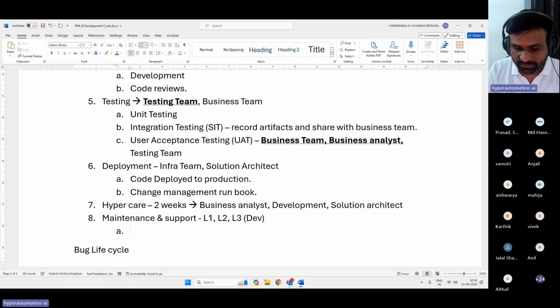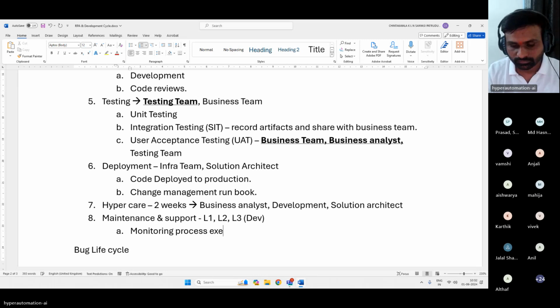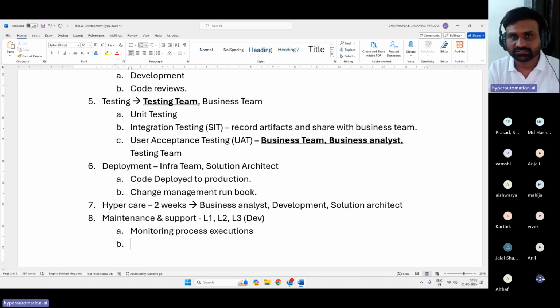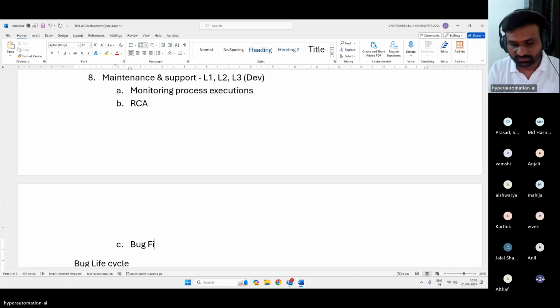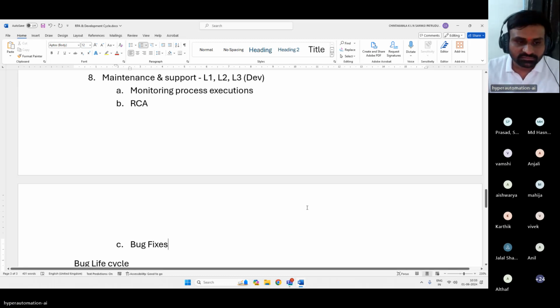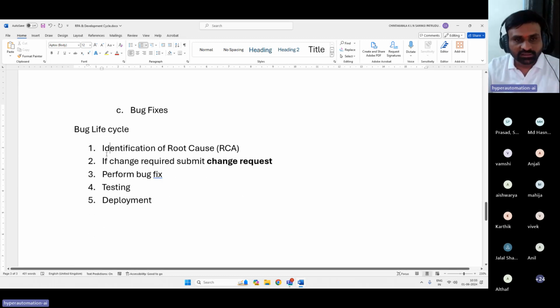So in the maintenance, monitoring of the process executions, root cause analysis, bug fixes.